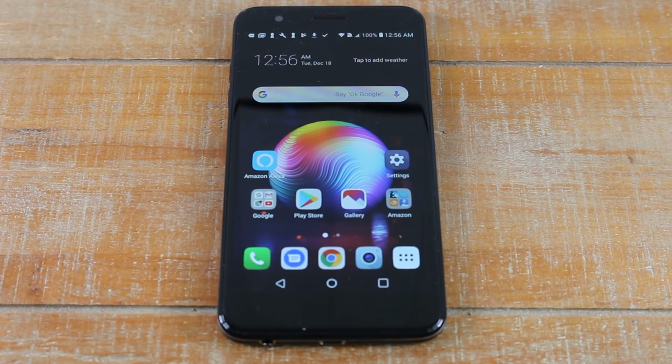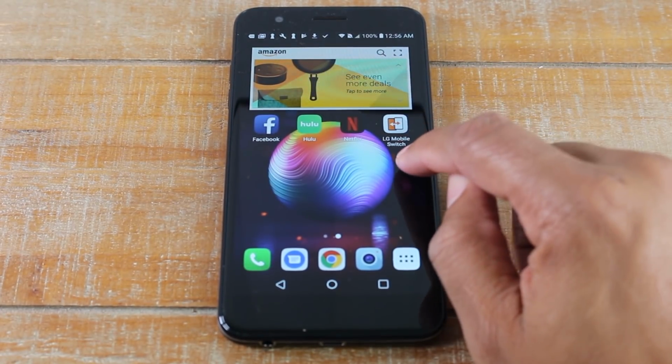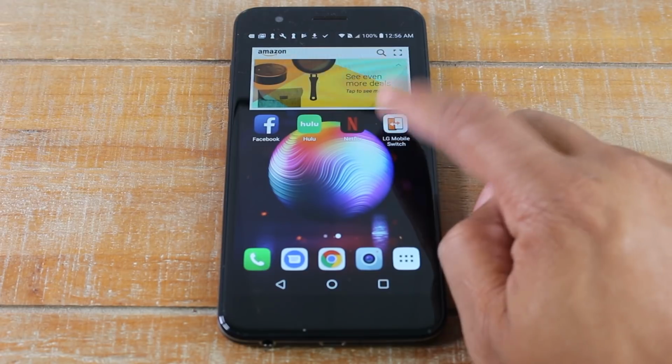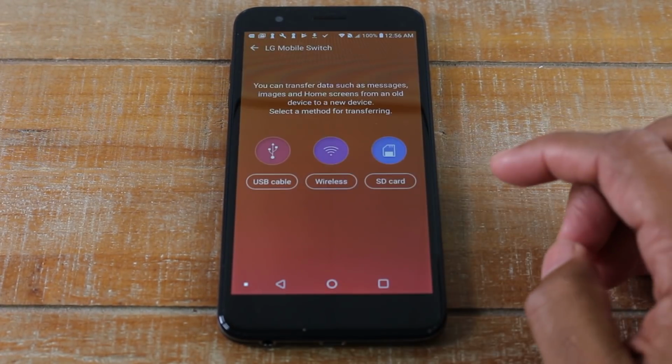So hey, you purchased this phone, it's awesome. You might have switched from an older phone and you might have not been able to get all your stuff transferred from the old phone. So I want to show you what app you want to use to do that. LG phones are great because they do come with this app. It's called LG Mobile Switch, and basically it comes installed on the new phone, so on your K30,